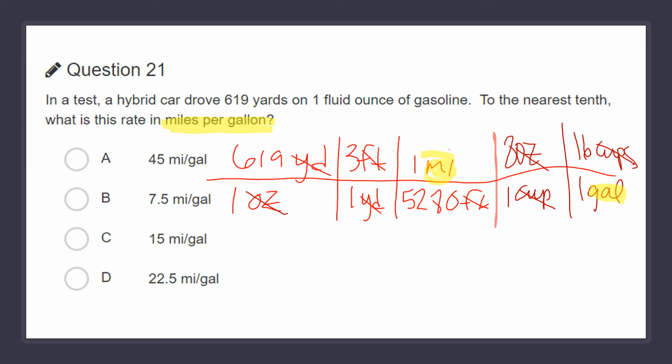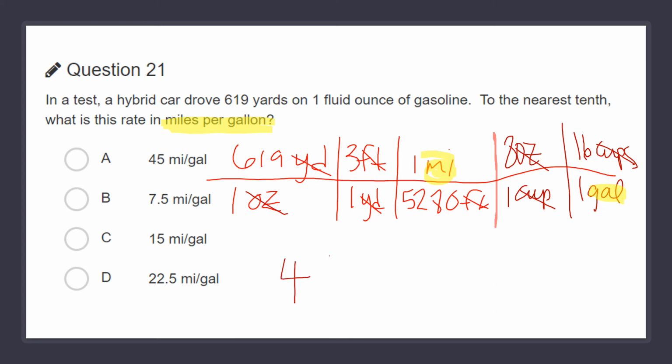So now we are ready to go to our calculator. And we definitely have numbers in top and bottom. So I'm going to hit that fraction button. Up top, I'm going to have 619 times 3 times 8 and times 16. Again, you don't need to type times 1, although you can. In the denominator, we have 1, 1. We've got a 5,280, and then we have 1 and 1 again. So if I hit enter,